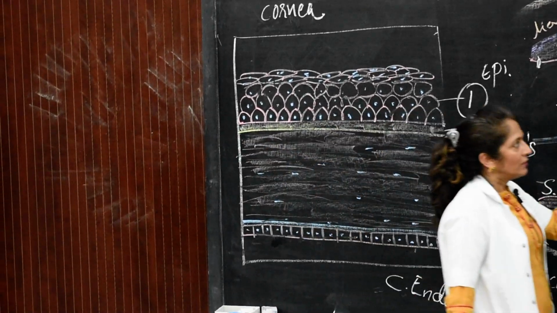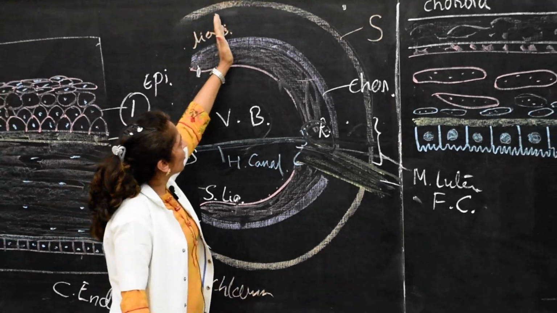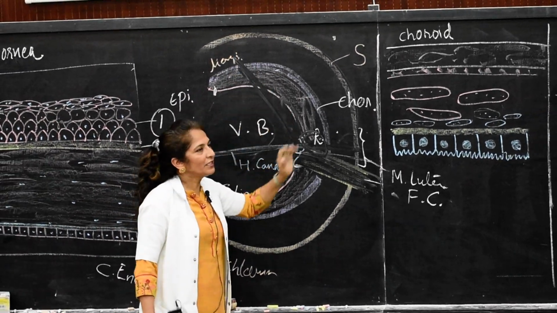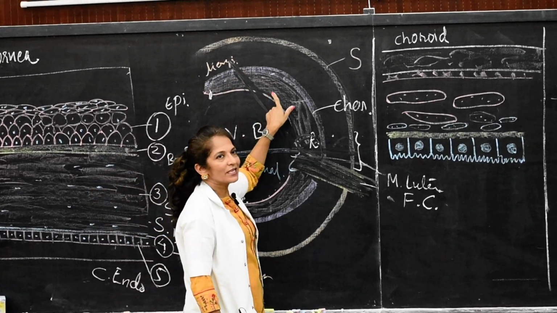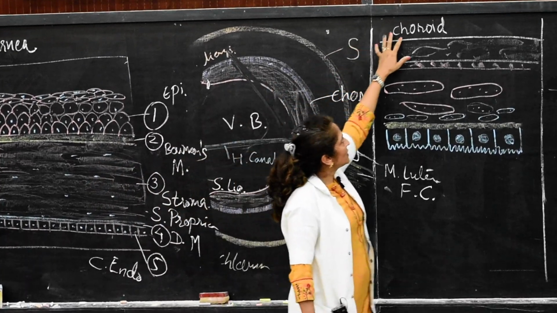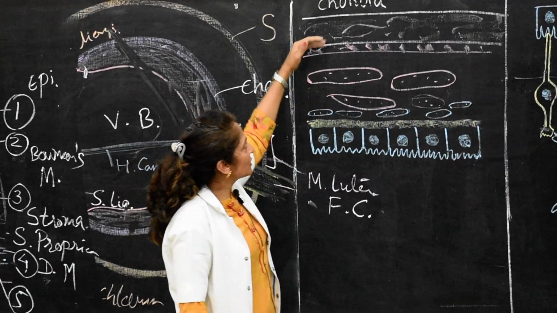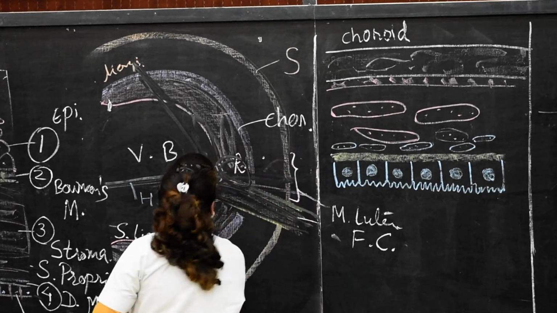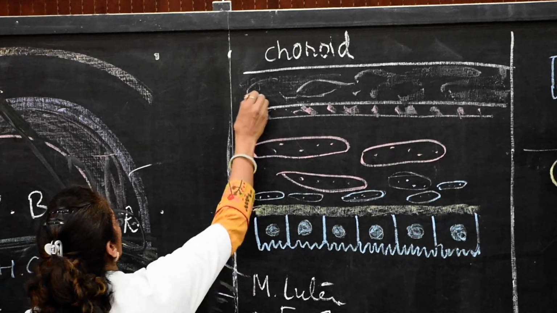Now the other portion, if we take the section from this posterior 4/5 of the eyeball, it contains choroid as well as retina. So first we will see the histology of choroid. It is made up of, from the outer to the inner aspect, the layers are,